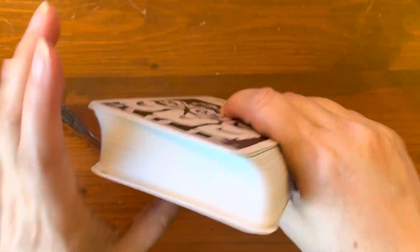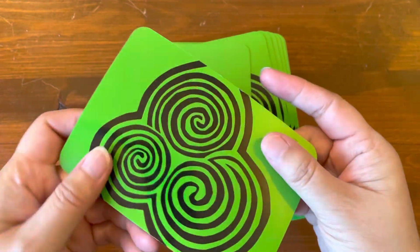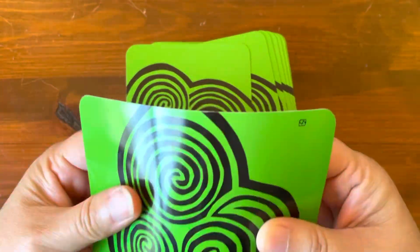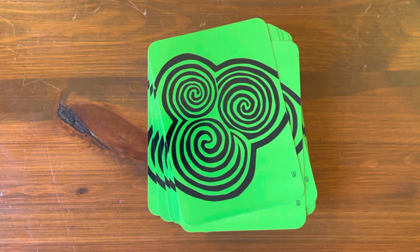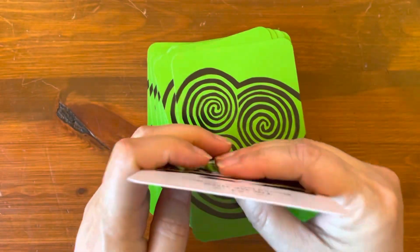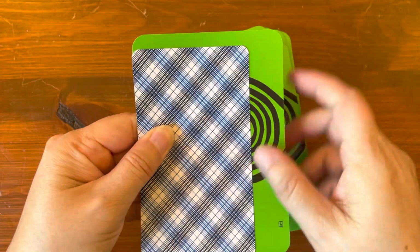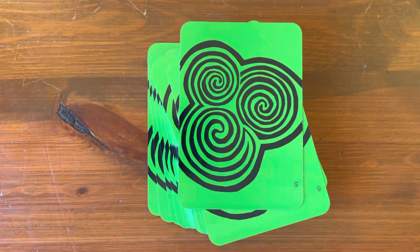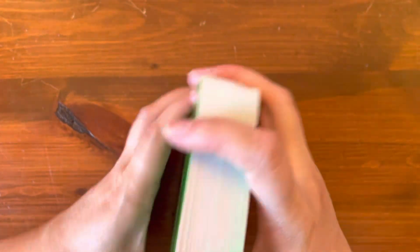Cards are not gilded. And there is a laminate coating. You can see the sheen, but it does feel plasticky. Not too thick. It's bendable, pliable, and flexible, but it does feel plasticky. Comparing it to a standard flat back tarot card, it is taller and wider. It's about the same card size as a Hay House Angel card, if you're familiar with that. Just standard